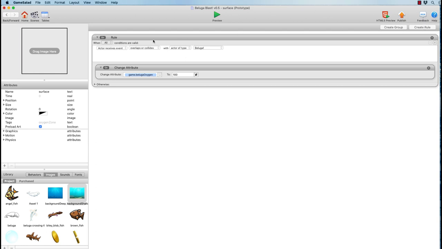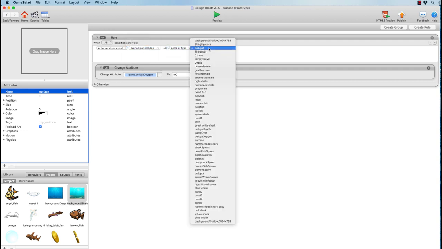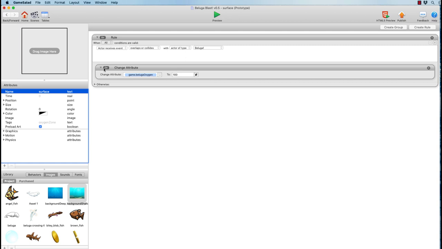So we would create a rule that whenever the actor, the beluga, encounters this box, this actor is the surface actor, right? So the surface actor receives an event where it overlaps or collides with an actor of type beluga, that it will change the attribute of game.beluga oxygen.